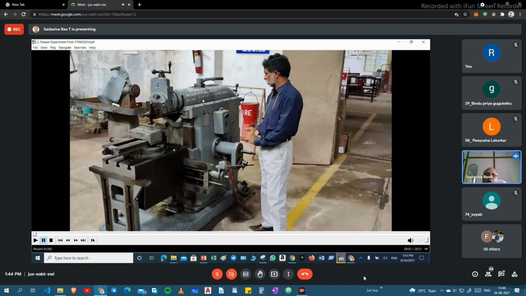Position of the stroke. Suppose the specification is 600 mm, that is the stroke length is 600 mm. Say this is the full length, 600 mm, and it is running. So we are fixing here for 40 mm. At that position, before and after some distance is required for the movement.